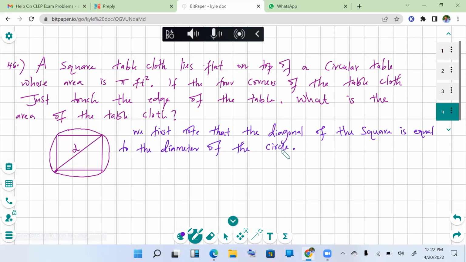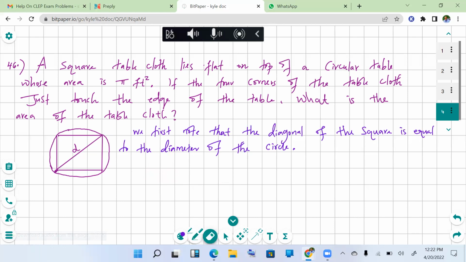Now, we know that the area of the circle